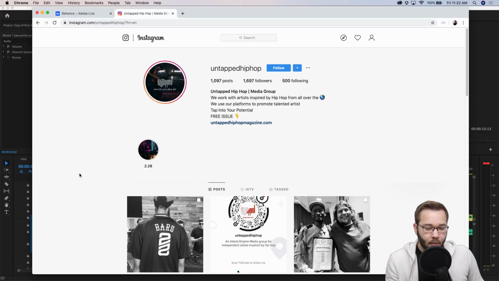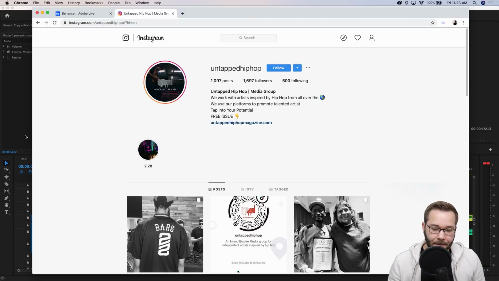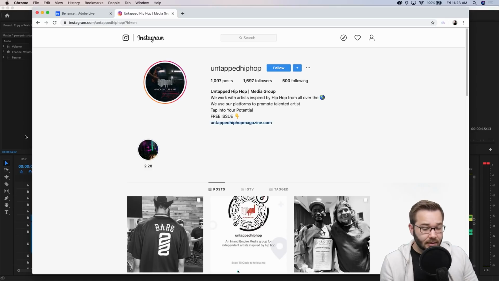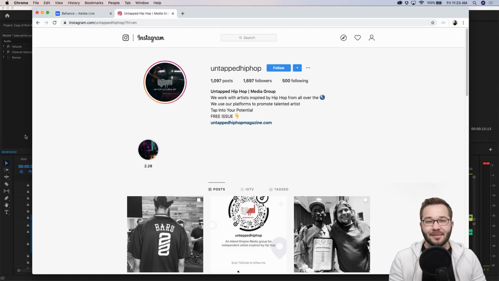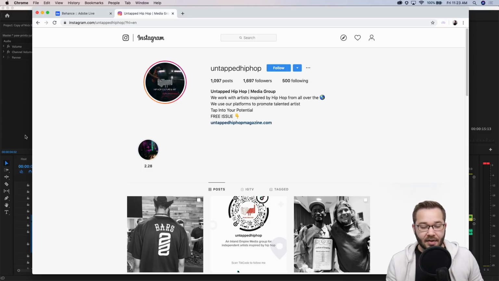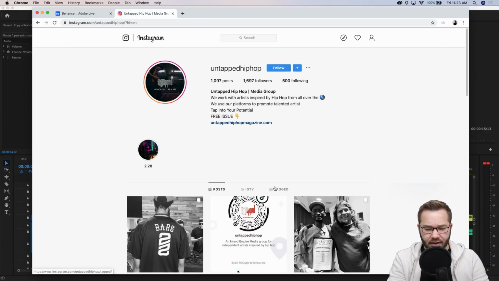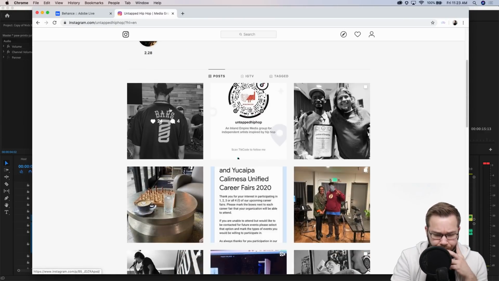Would love to see a little bit more on the highlights front. If it is a magazine, maybe formatting a couple of issues to fit fully onto your highlights could be really interesting. Always delivering content directly to where people are is a great thing. So as much as I'm sure it makes a lot of sense to siphon them out and get them on your actual magazine website, I think it would be really great to provide a little bit more, maybe in the highlights section of stories, stuff like that. We're going to scroll down.